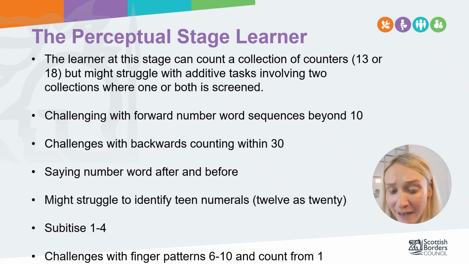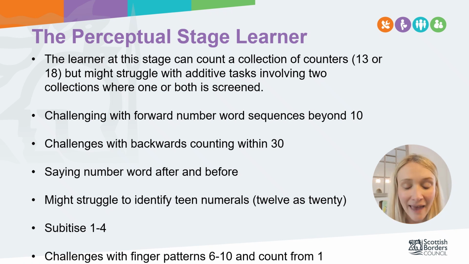Saying number words before and after. So if you gave them the number 20, they might struggle to tell you that it's 21 that comes next, or what number comes before 19. They might find that quite tricky. They might struggle to identify the teen numerals when they see them. So if you showed them 12, they might describe that as being 20,